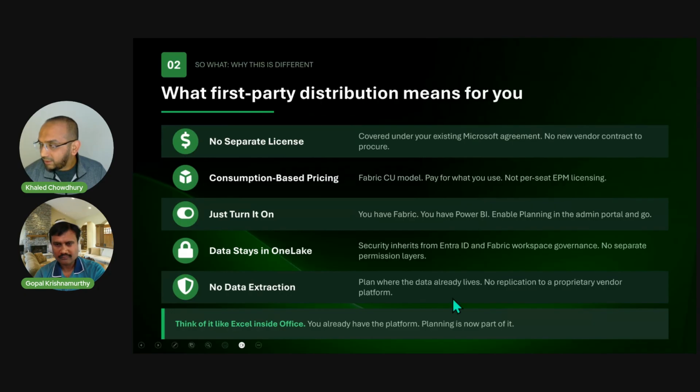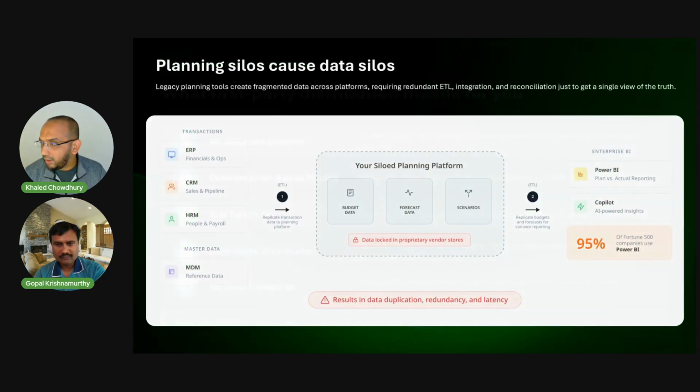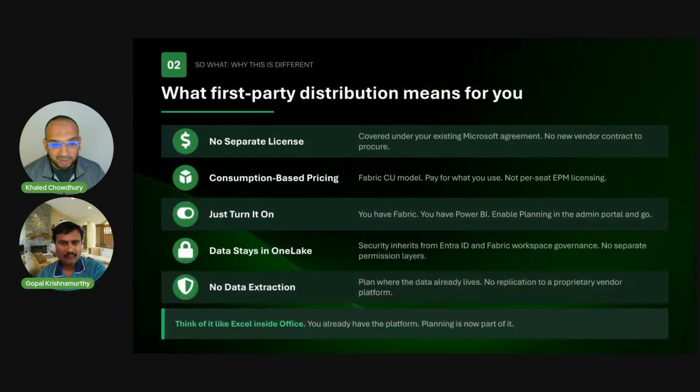I think this last statement needs some clarification. The way I see it, you tell me if I'm wrong: I have a Microsoft 365 license, and I want to make a presentation. I open PowerPoint. I still open Excel most of the time to do something.